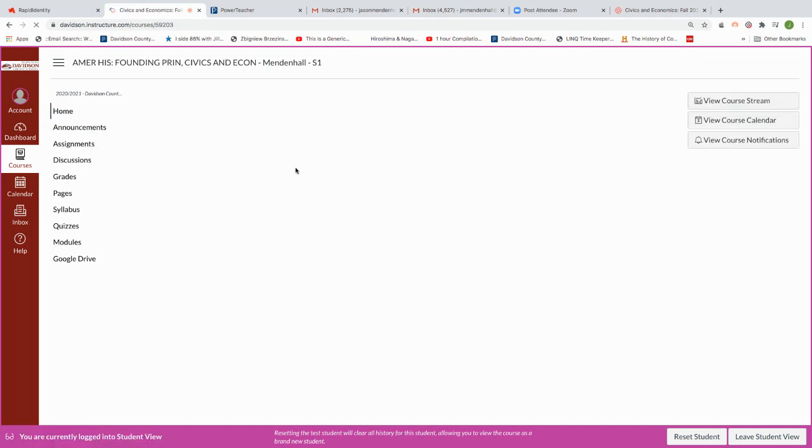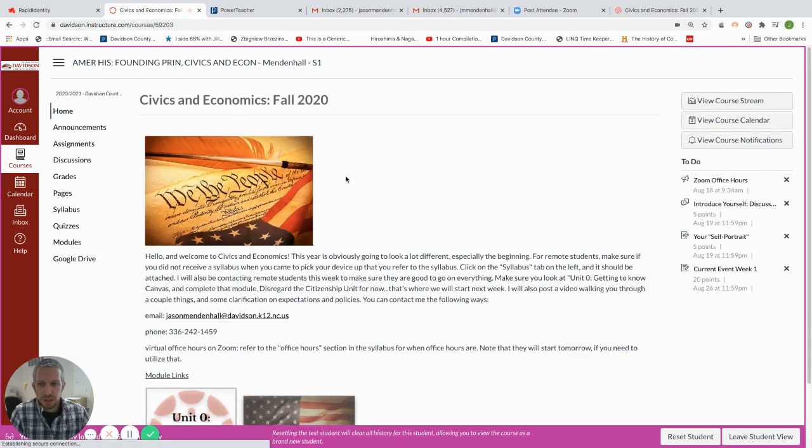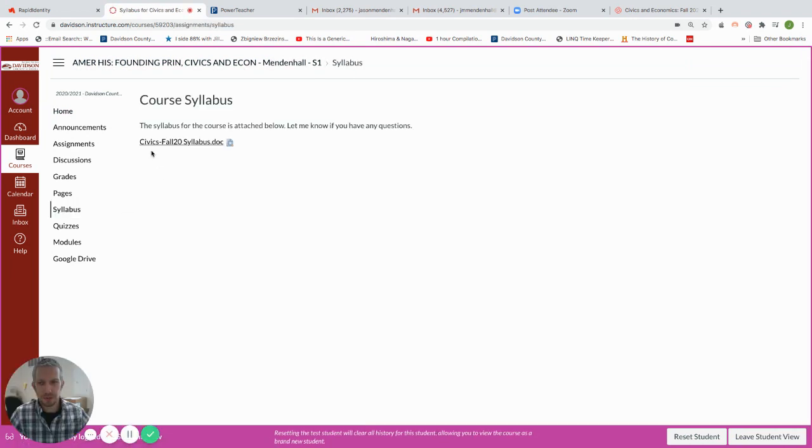Also, if you were a remote student and you did not come to orientation, let me back up for y'all. The first thing you need to do is click on the syllabus tab on the left here, and then it should say Civics Fall 20 Syllabus or American 1 Fall 20 Syllabus, and that will give you the same syllabus that everybody else received when they came in for orientation or picked up their device.